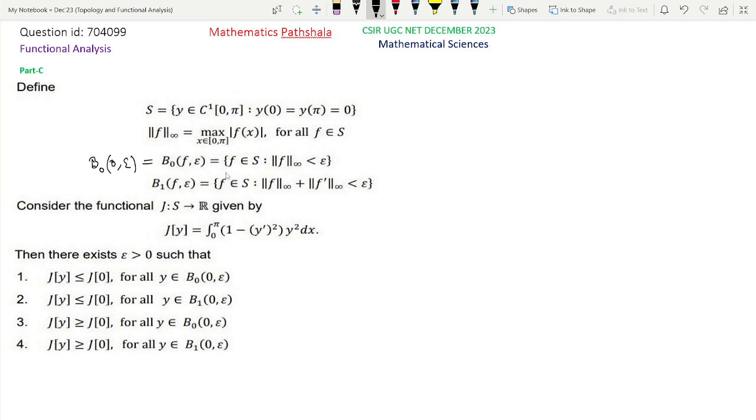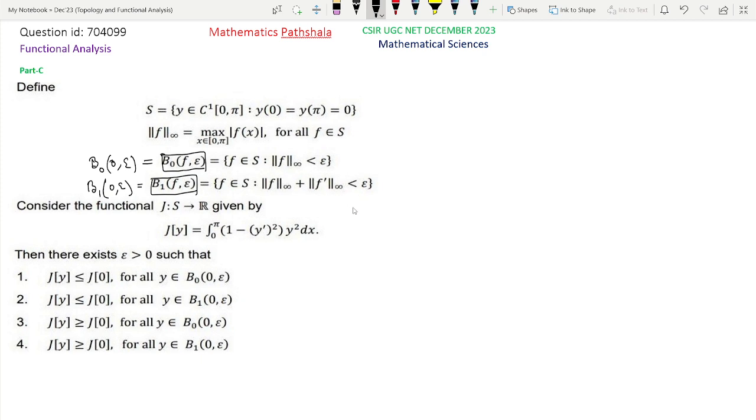So all such f belongs to S such that norm f less than epsilon. So this b0 f epsilon should be replaced by b0 0 epsilon, and also this b1 f epsilon is probably also a printing mistake. This should be b1 0 epsilon. That means the set of all f belongs to S such that norm f plus norm f dash less